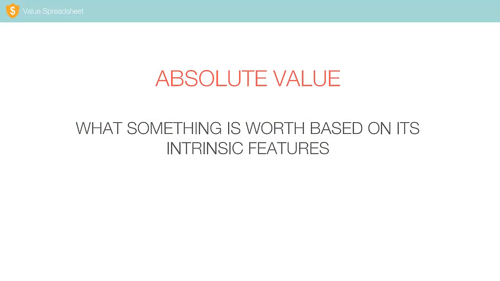Absolute value is what something is worth based on its intrinsic features. For example, what an entire company is realistically worth based on how the company performs and all the things it owns, like buildings, machines, and cash. In Lesson 8 we will describe several methods to estimate the absolute value of a company, but for now it is sufficient to understand that absolute value shows what a company is realistically worth based on what it owns and